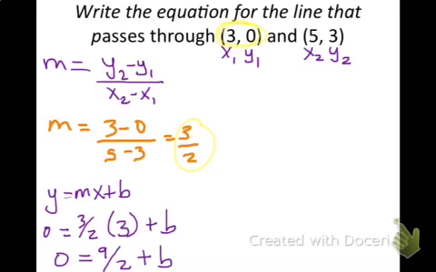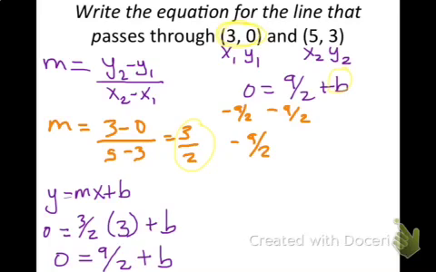Okay? So I'm going to rewrite that. 0 is equal to 9/2 plus b. And remember, we're trying to solve for b. So I'm going to subtract 9/2 from both sides. So that gives me negative 9/2 is equal to b. You also could use 4.5. It doesn't matter. It's the same thing. So now that we have our b